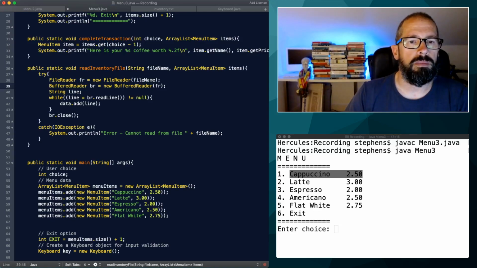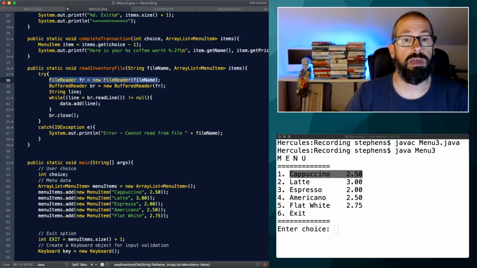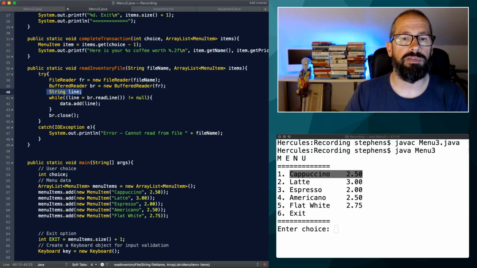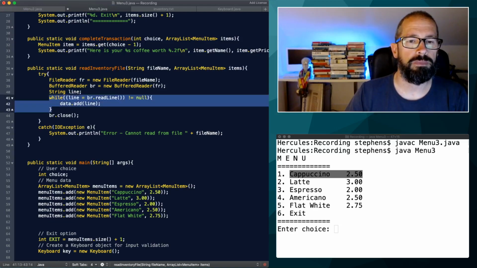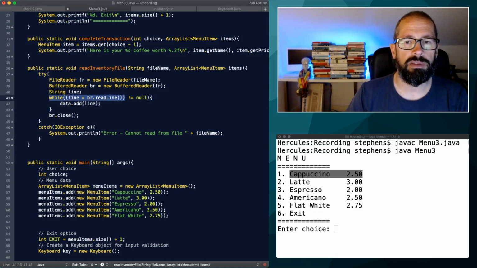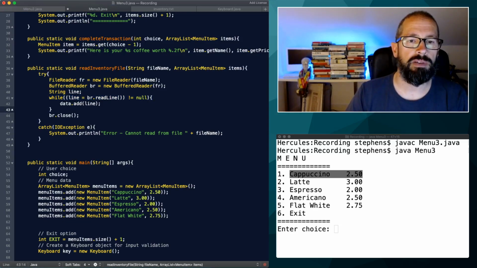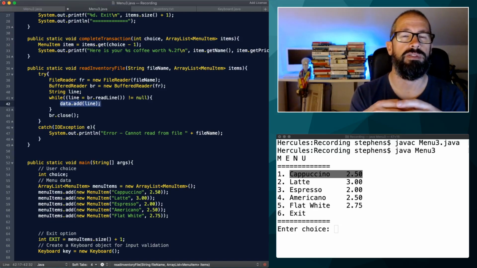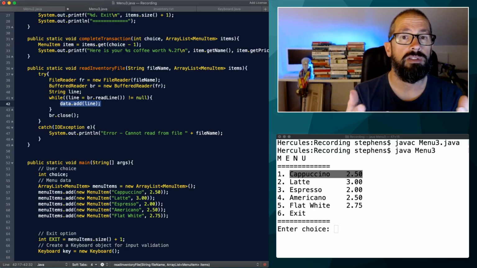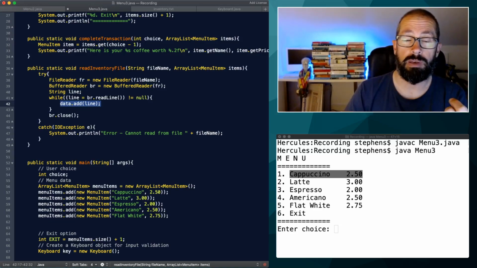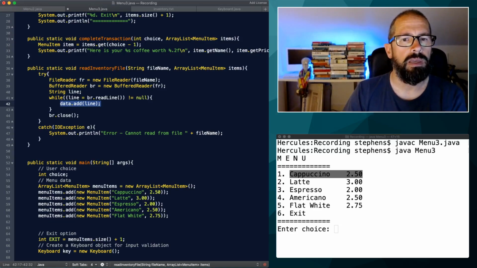I'm going to need a file reader object. I'm going to need a buffered reader object because I want to read the file line by line. I'm going to need a string to represent each line in the file, and then I have this loop here. You can see this loop is looping around and reading the file line by line until it reaches the end of the file. In the loop body, what I had before was just adding each string to an array list. I definitely want to do something similar here, but